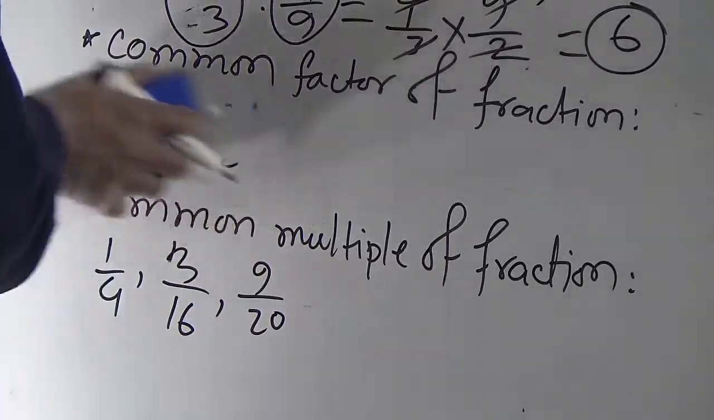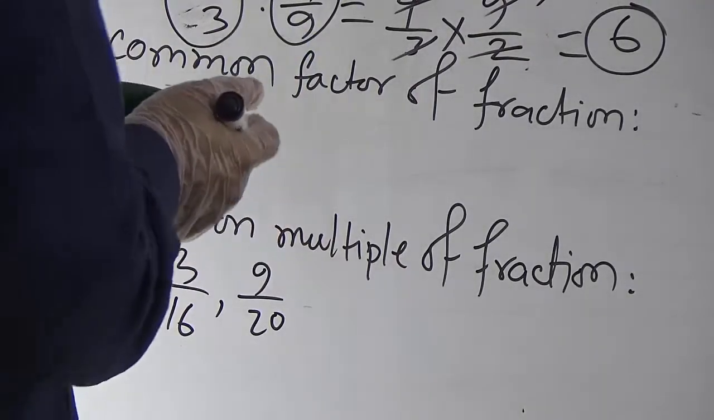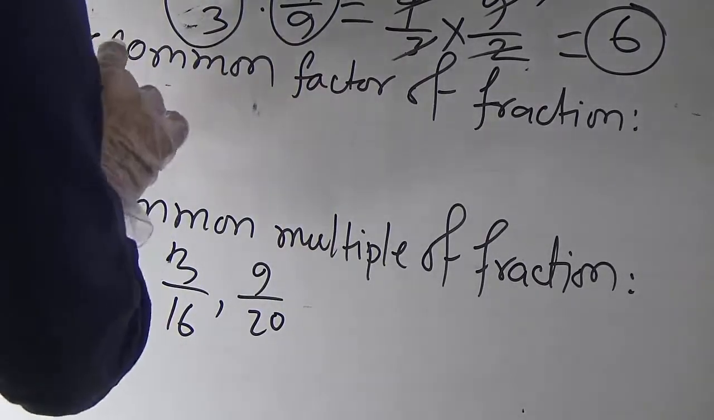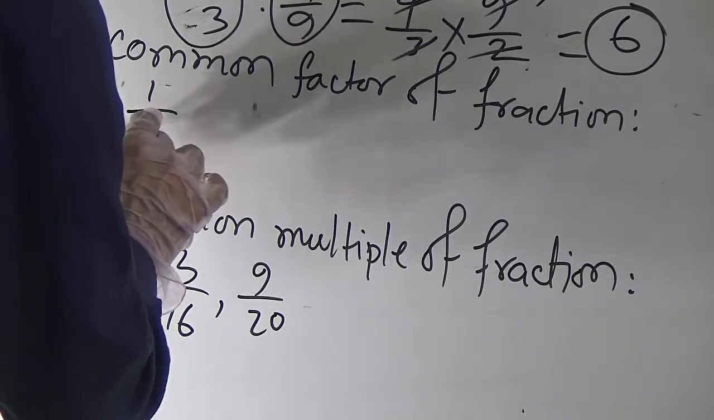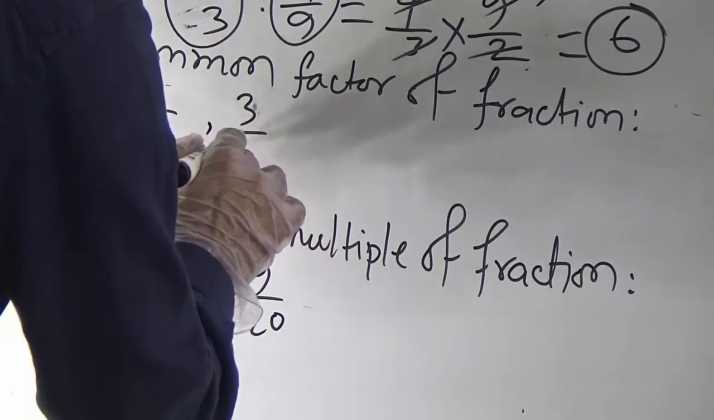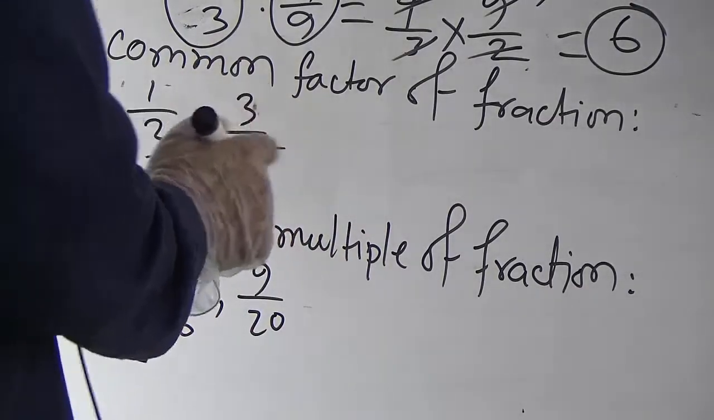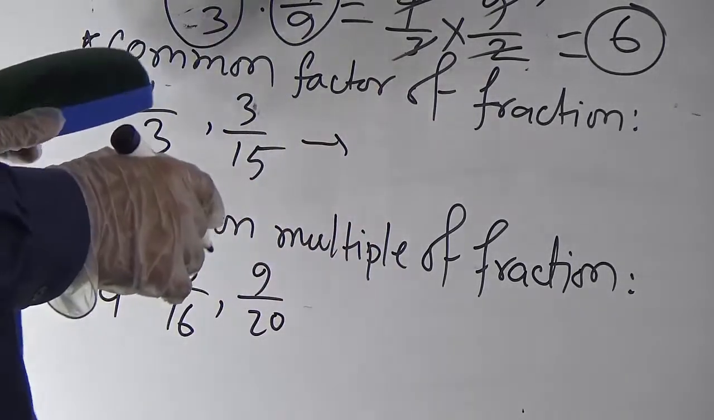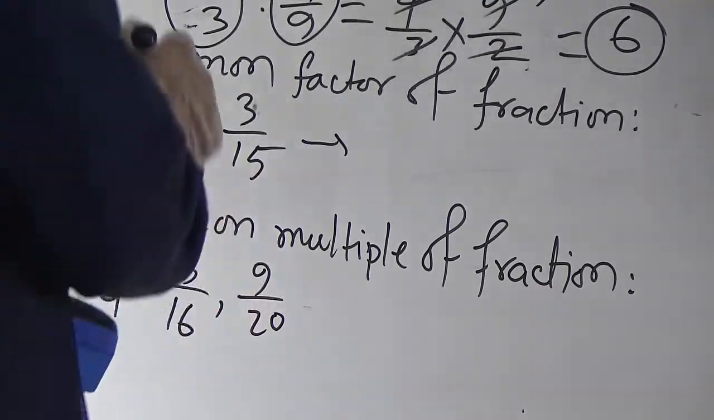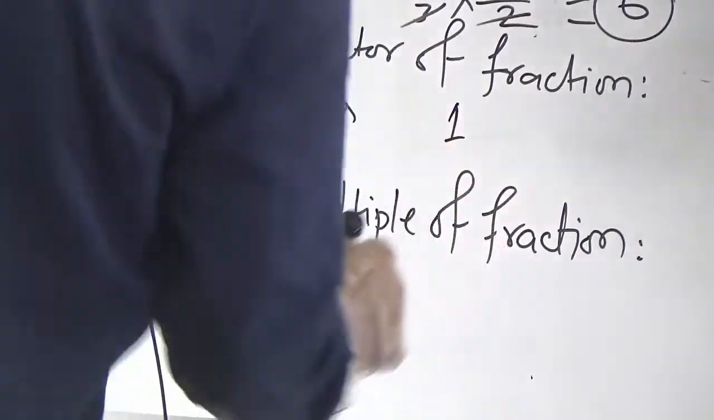Dear students, now I will show the common factor of fractions. If I write two fractions here, suppose 1 by 3 and another is 3 by 15. Here the common factors of these two fractions. To find the common factors, we have to take the common factors of the numerators. Here the common factor of the numerators is 1 here, and